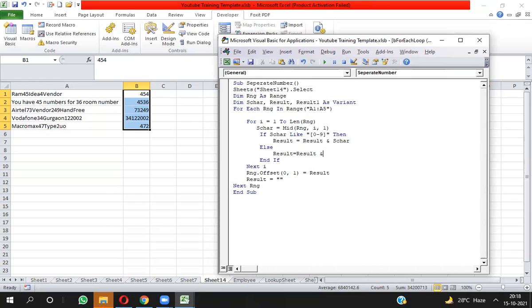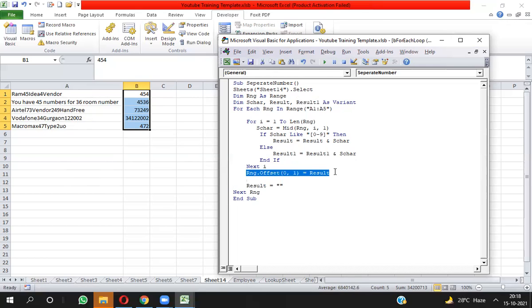In the Else part I will take the rest of the value, which is only text and space. So here I will take sChar and the result1 value. Here I have to take result1, not result. And the result1 value I need to store in the C column.